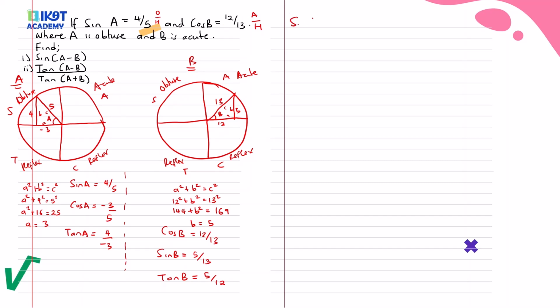So sine of A minus B. I think we can work this out: you expand, then you substitute the values. So I'm just going to quote the answer we're going to have. The final answer here is going to be 63 out of 65. Then tan of A minus B out of tan of A plus B. What are we going to have? We expand this, then we divide them. The answer is going to be 7 out of 3. So I think we've